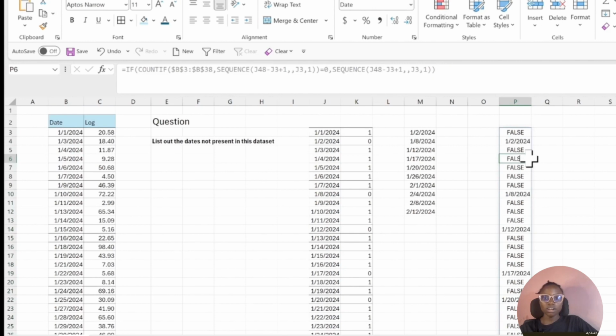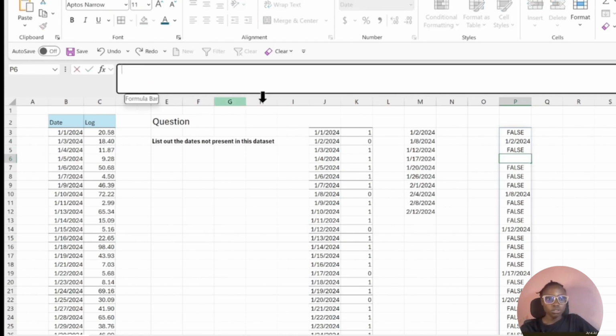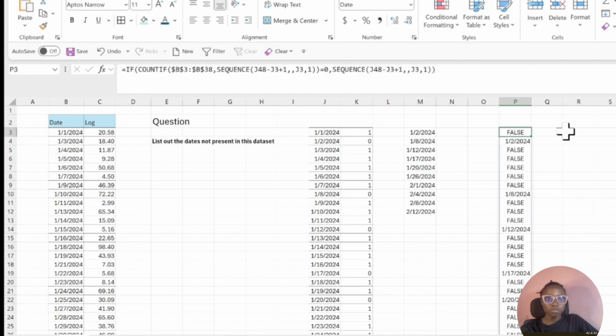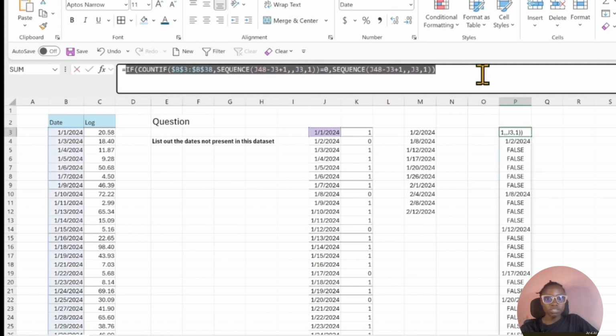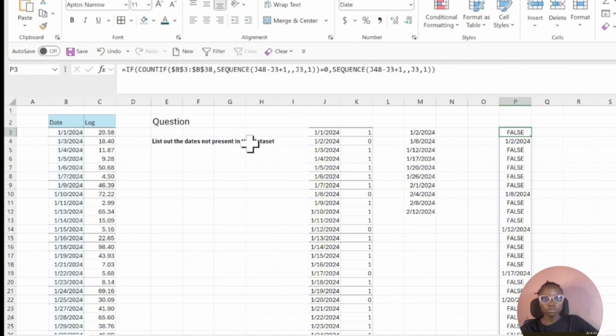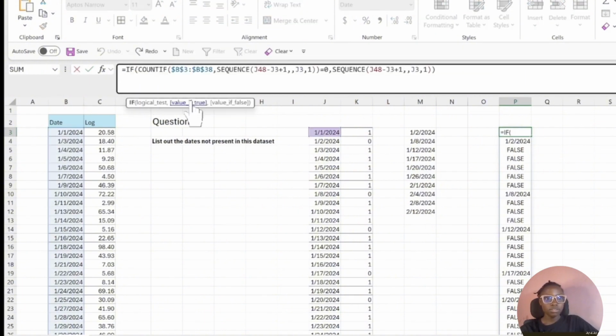But still, we don't have a list yet. What we have is just a mixture of the dates and FALSE, which we don't need. So we need to find a way of filtering out the FALSE part of this list. And for that, I'll be using the FILTER function. So we are wrapping this function here. We are putting all of these inside a FILTER function. So now this is our array, and then we are saying if this array,